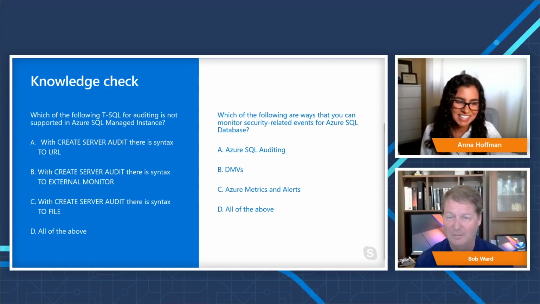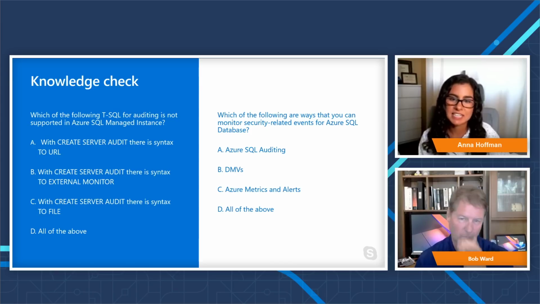Any other thing besides D in question 1? We're still getting a lot of D's and D's, but we're starting to see a few C's for the first question. Okay. Some B's for the first question, but pretty much everyone thinks D for the second question. Okay. You want to go ahead and take a stab at the answers, Bob?